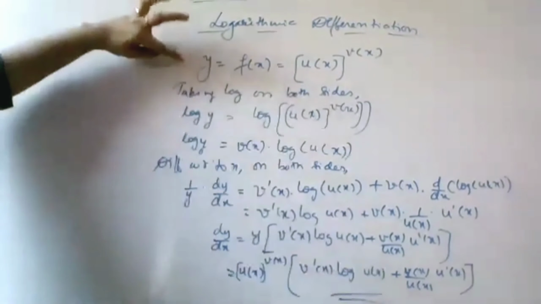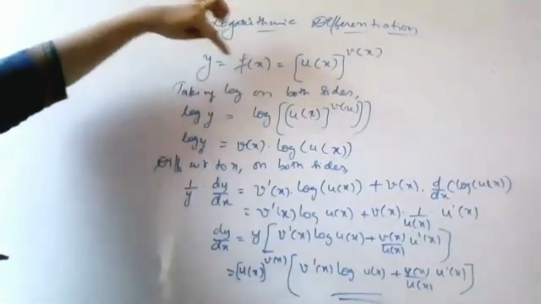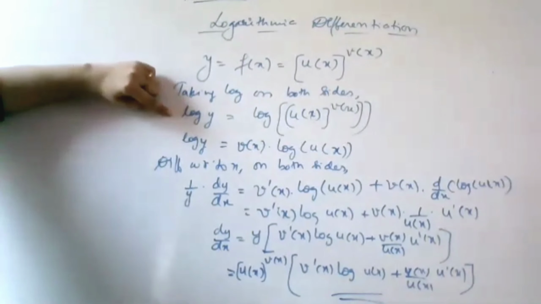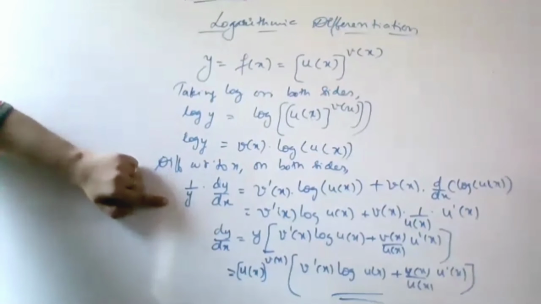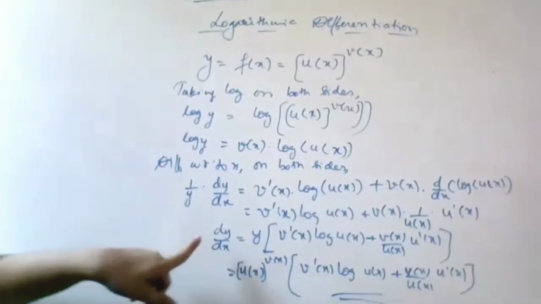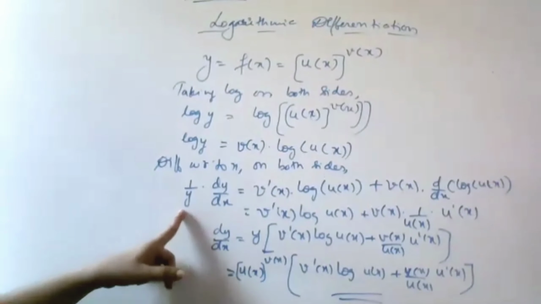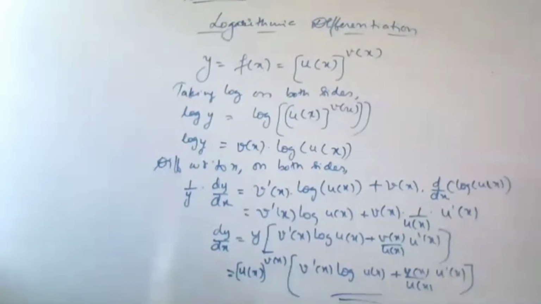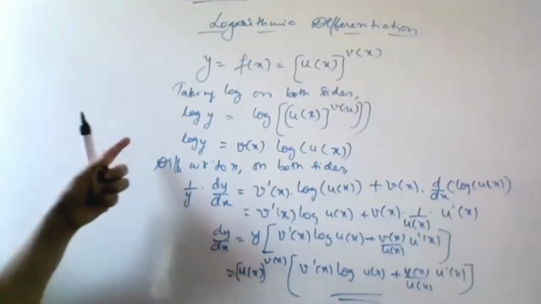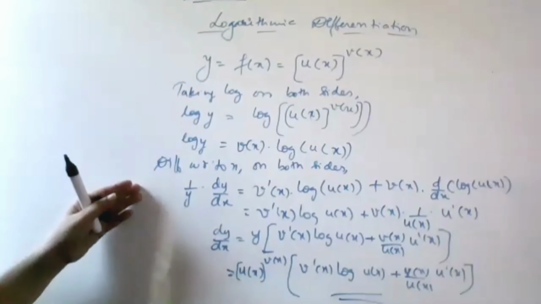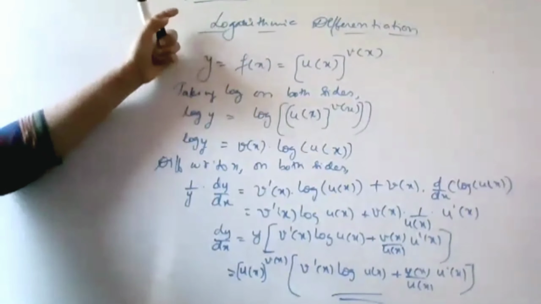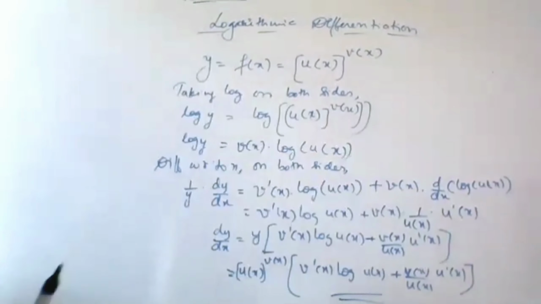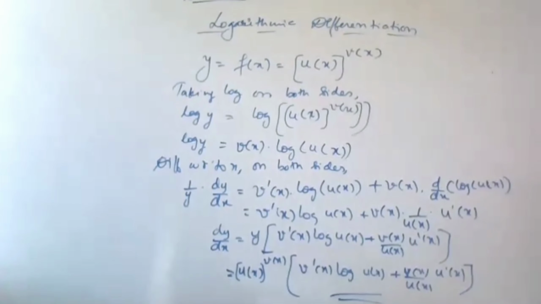First you will take the question as y. Then you will take log on both sides. After taking log, you will differentiate both sides. Understood? And then you have to make it dy by dx equal to, and replace y with whatever has been given in the question. Same procedure, we are using the properties. This method is known as differentiating using the logarithmic method, or logarithmic differentiation.